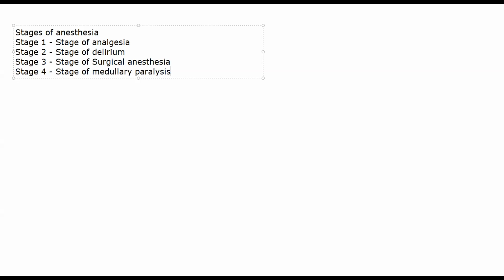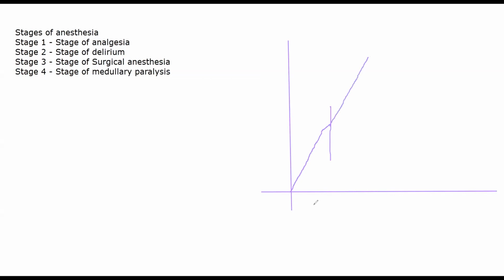As I told you, if you check that graph, you only want to go up to the point where you're reaching surgical anesthesia. That is when you stop inducing the anesthesia. If you see that graph again, I'll just draw it for convenience. So it is increasing. At one point, you want to stop here. You want to stop inducing anymore. If you go any higher from here like this, you're basically going into dangerous territory where you go into stage 4. You want to stop here, and from here on out, you want to only maintain anesthesia, and let's suppose I draw it like this, and from here on out I have recovery.